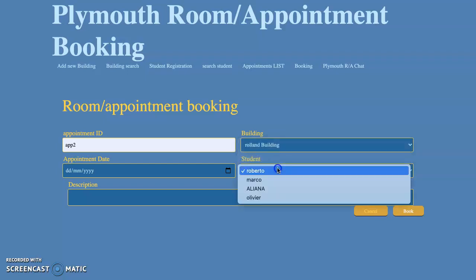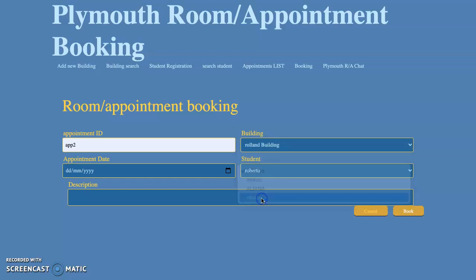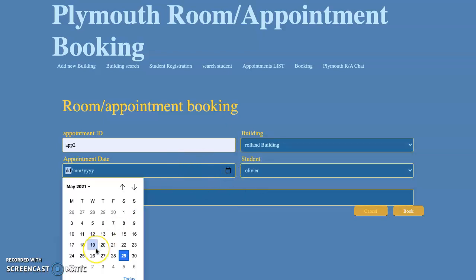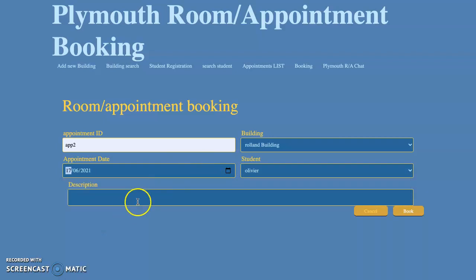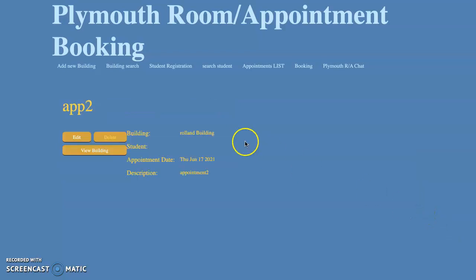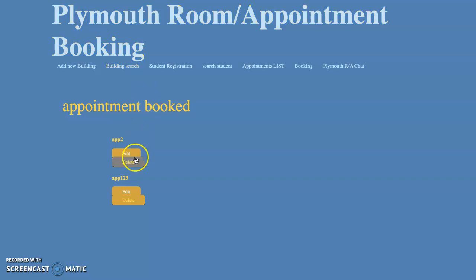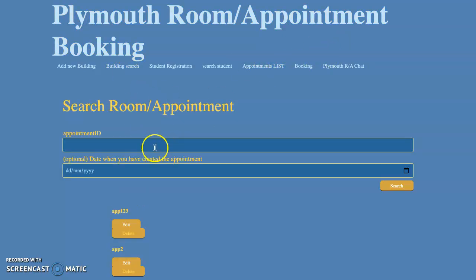Let's select Roland, Ariana, or Olivier, and let's put it at 17th of June, and description appointment 2. You can see appointment 2 has been booked, and when you click there, you can see the list of appointments booked. And when you go to appointment list, you can also see the list of appointments booked there.